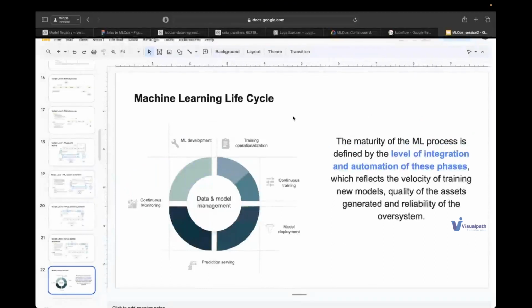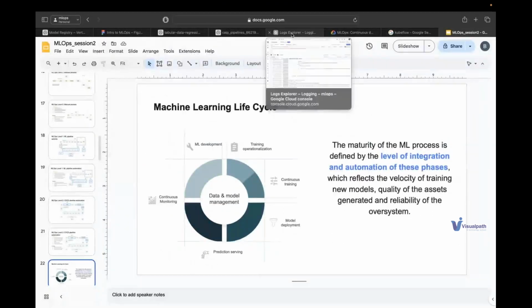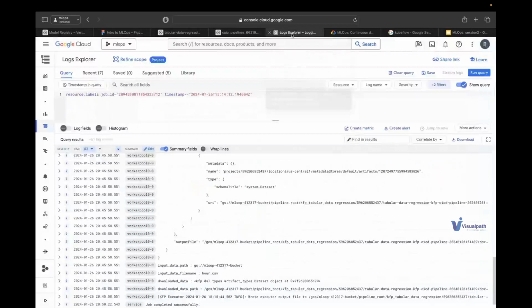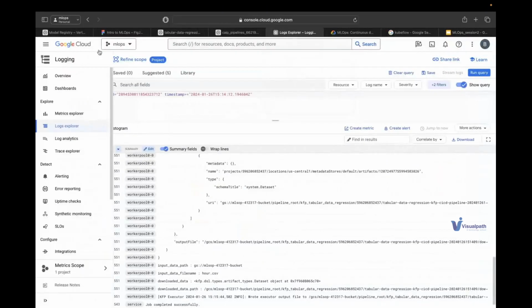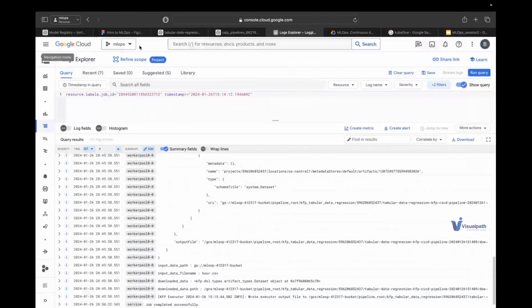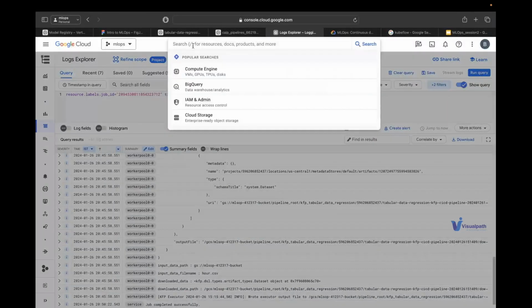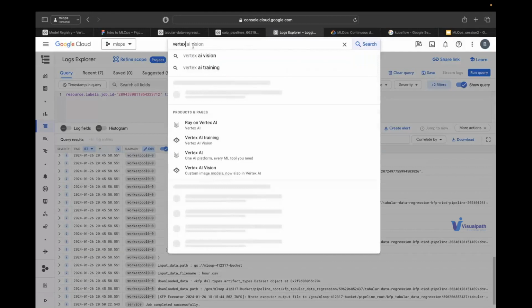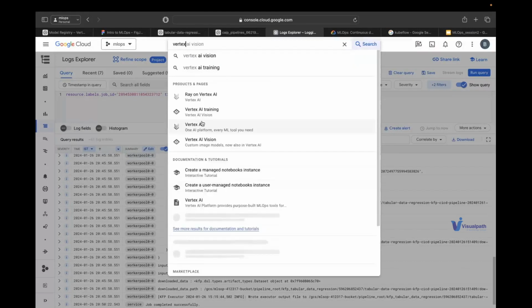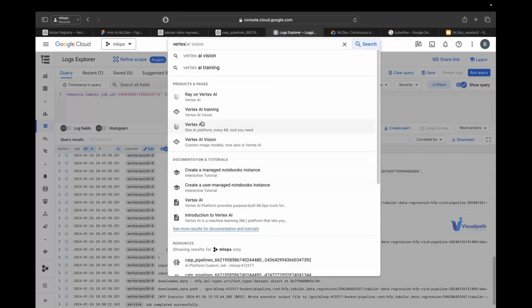I think yes, we were here. Whenever you go to your console, you just need to search Vertex AI if you are on Google. I would recommend everyone to create a free trial account and do some demos with me, because I'll be giving you assignments.